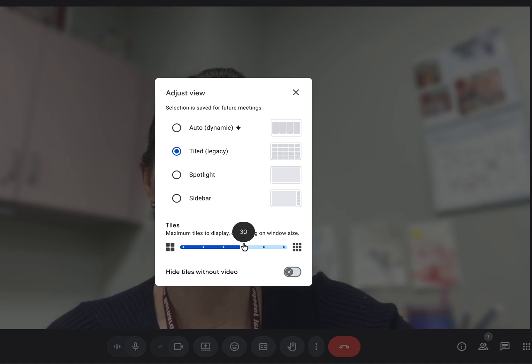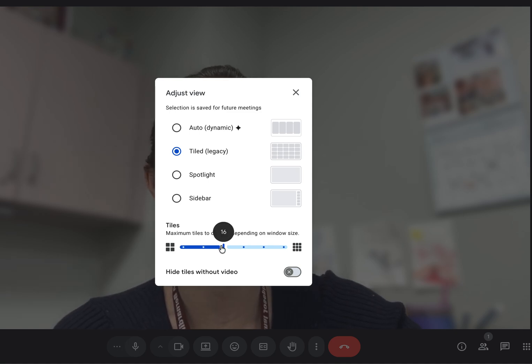Make sure that this sliding bar is set to 30 or 16. This is going to control the size of your squares to accommodate however many people are in your Google Meet. Class sizes at CJB are usually between 16 to 21, so that's why I recommend 30, but if 16 works,